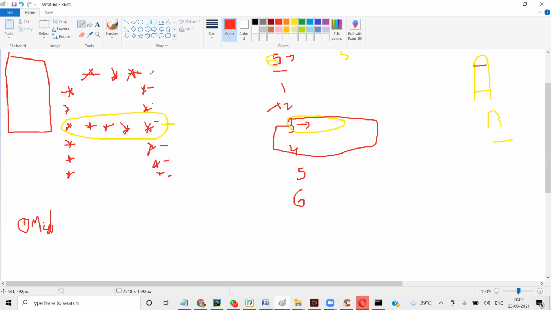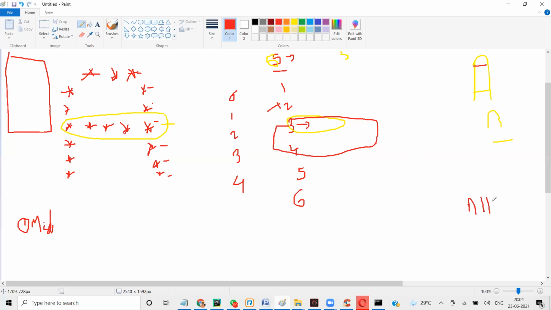So this index, if I say 5, this will be not 1 but 0, right? 0, 1, 2, 3, 4. So now if I say n double slash 2, and remember double slash gives us an integer number, right? So 5 by 2 will give us what?